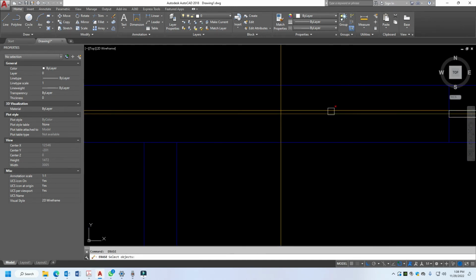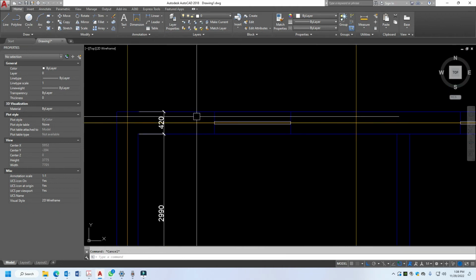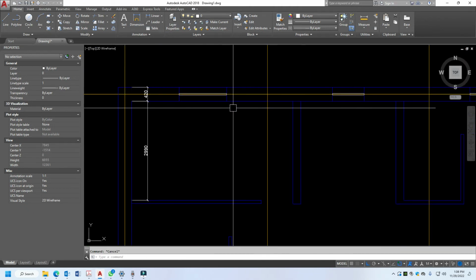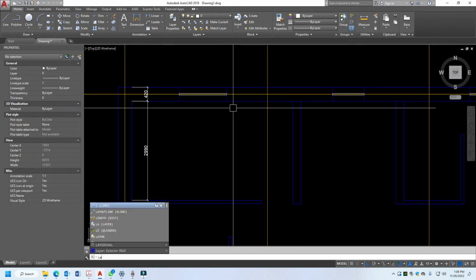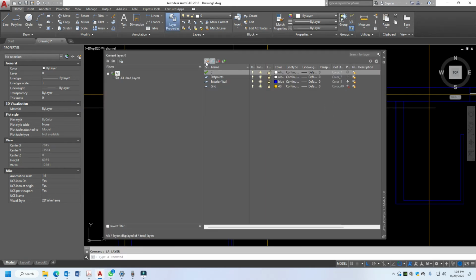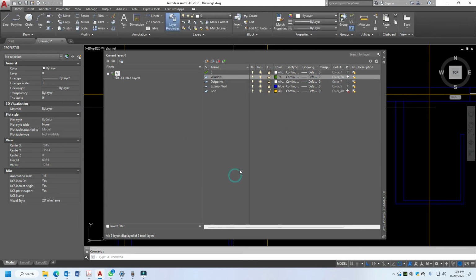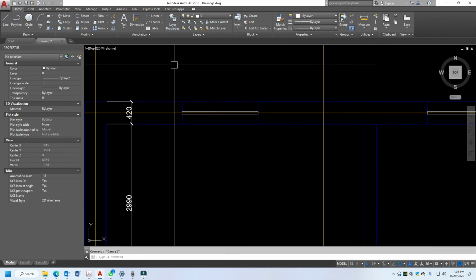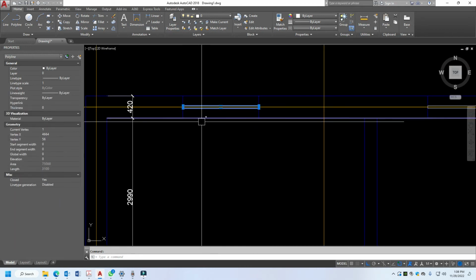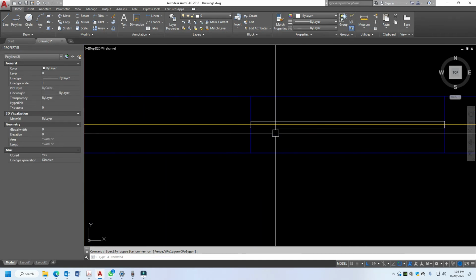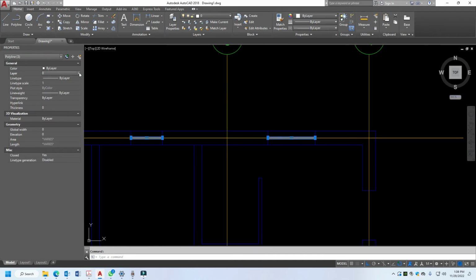So by creating a grid for the window, you need to create another layer. Just click layer, then window, then choose screen, then close, then go to the window, click, highlight, click, then go here, then window. Okay, then this one on the side,